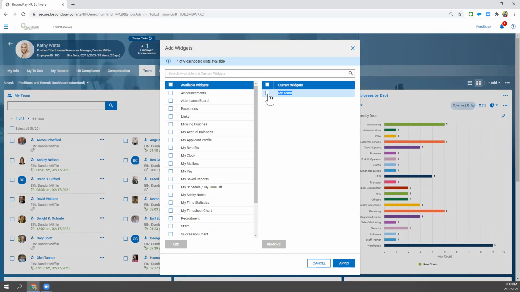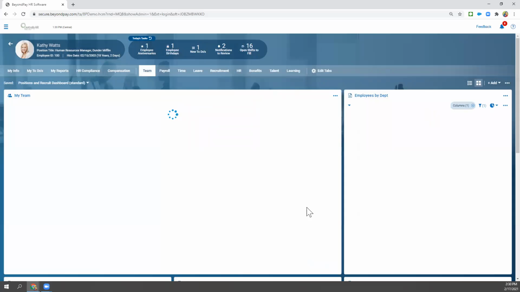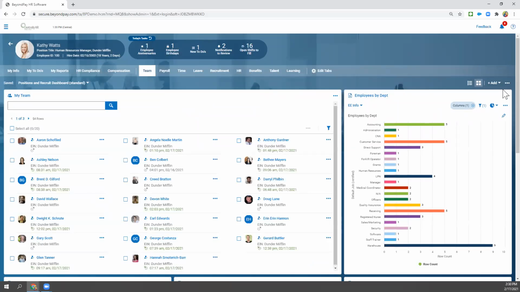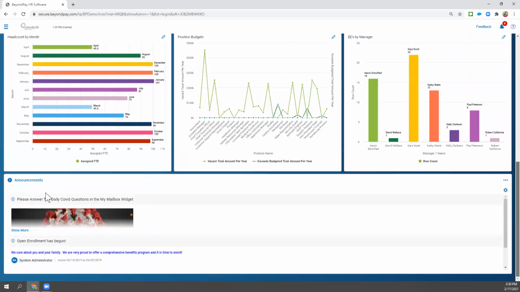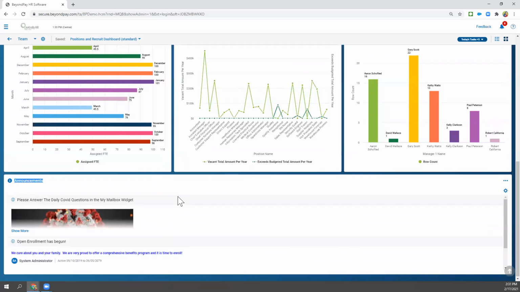And there's a difference in widgets and charts. Okay, but this is the My Team widget, and all you have to do is, if you wanted to add a widget, just find it on the left-hand side, check the box that you want to add, and just simply click Add and apply. Once you do that, that widget would be added to the system, and I think the announcements probably appear on the bottom. If I don't like that this is on the bottom,